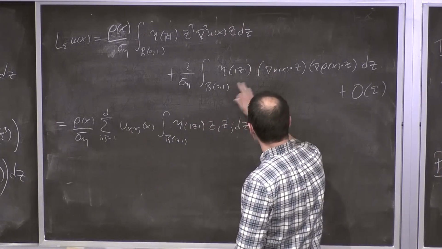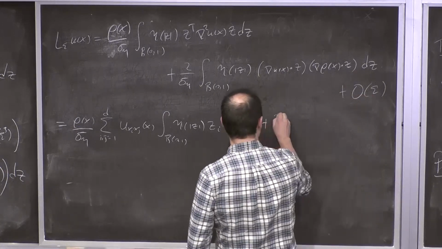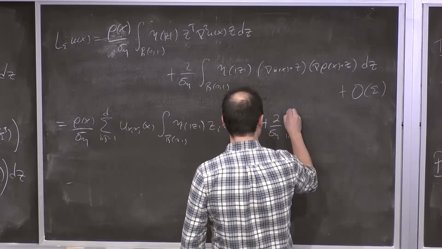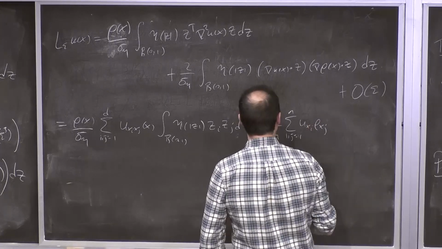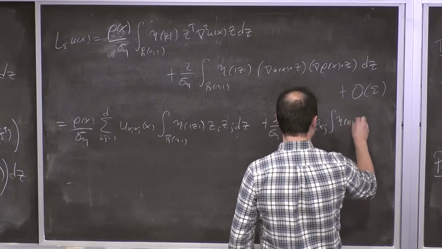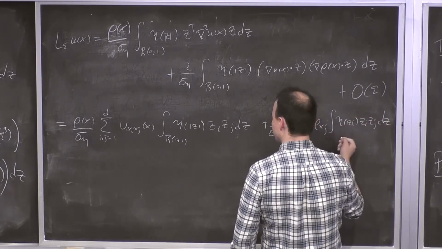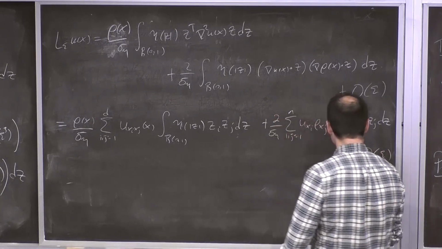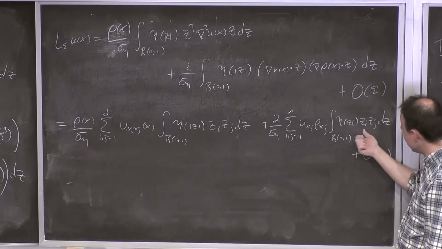And same kind of thing for the second term. I have two sums here. I can pull it out into a double sum. It's 2 over sigma eta, and it's u xi rho xj. And then it's the same kind of integral, eta of z, zi zj dz over the ball, plus order epsilon. Okay. And now you just note, right, if i is not equal to j, it's an odd